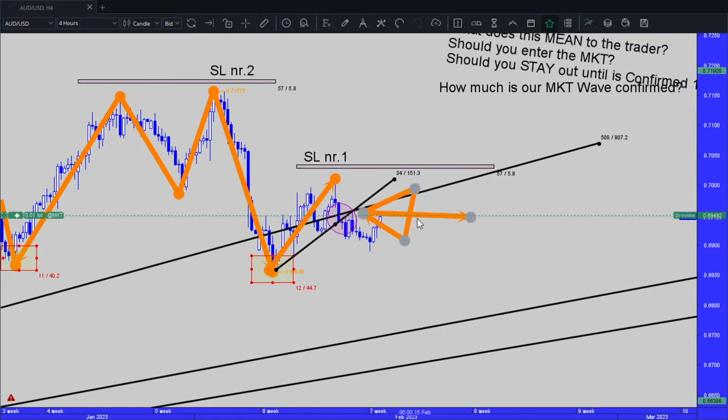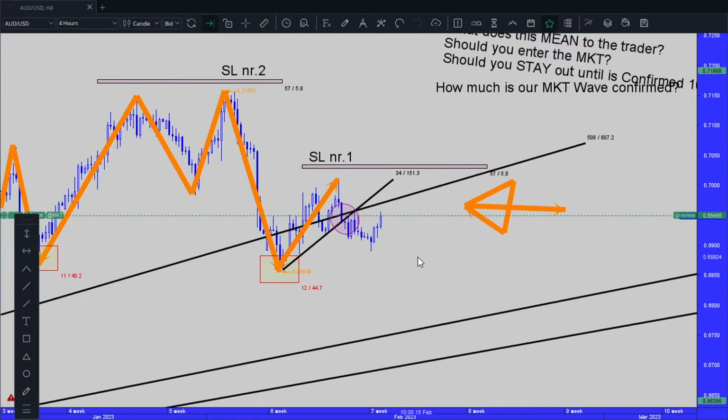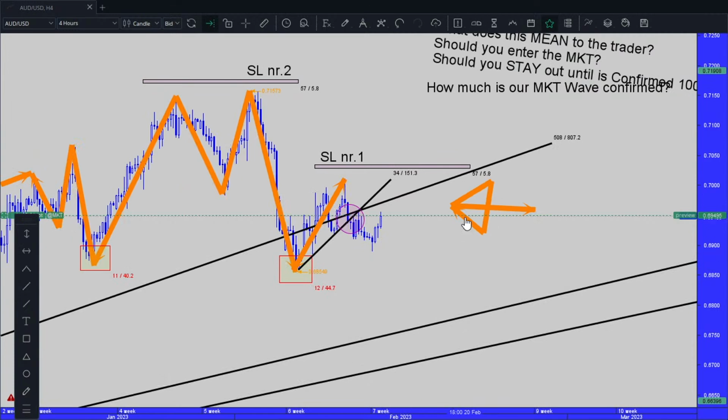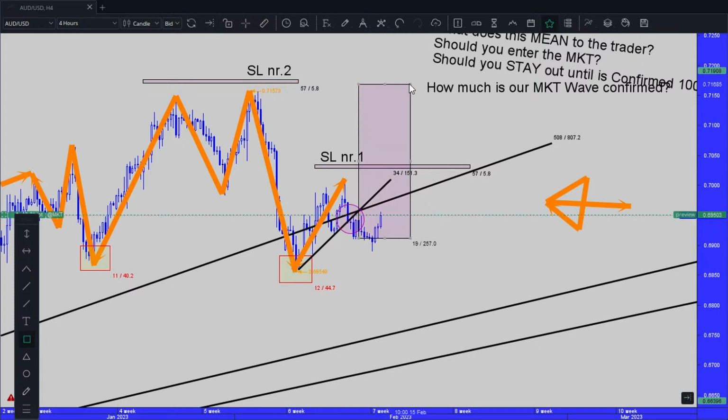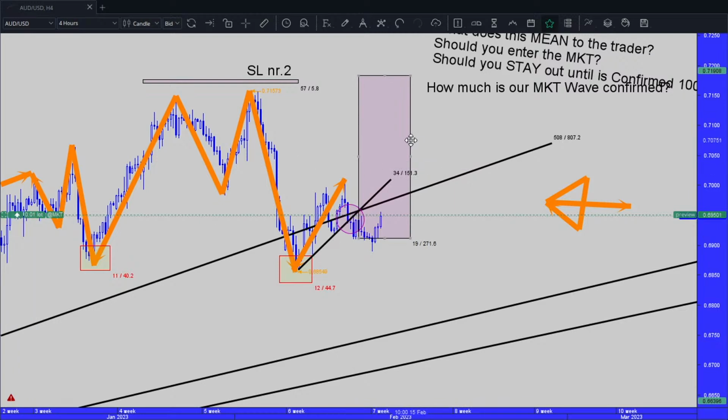I'm still in trade, right? Now, what about the take profit? And you're going to understand, everybody, entering the market is the easiest part. So if I entered in here, and this is my stop loss, stop loss number 1, it's out. We've learned about this. Congratulations to you.